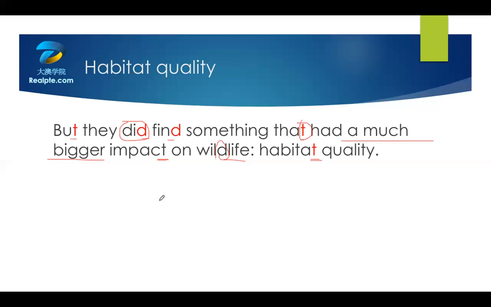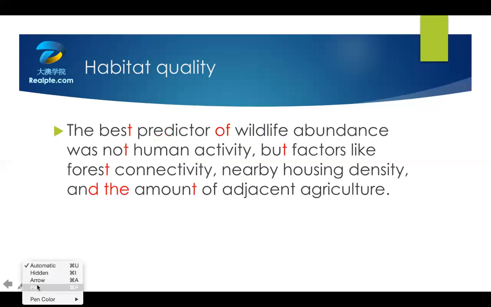Habitat quality. 第二部分 The best predictor 不能读成 the best predictor 这个 of 不能读成 of 你不能读成 the best predictor of wildlife 这是错的。The best predictor 非常的快对不对，这个 t。The best predictor of wildlife，of 偏 v 的音，of wildlife abundance。我们在这里有个 tiny pause. was not human activity, was not 不能读成 was not human activity, was not 这个连读 OK 要稍微的快一点，was not human